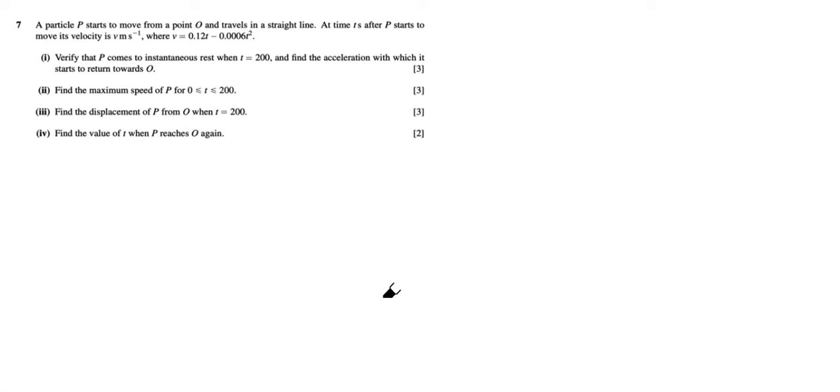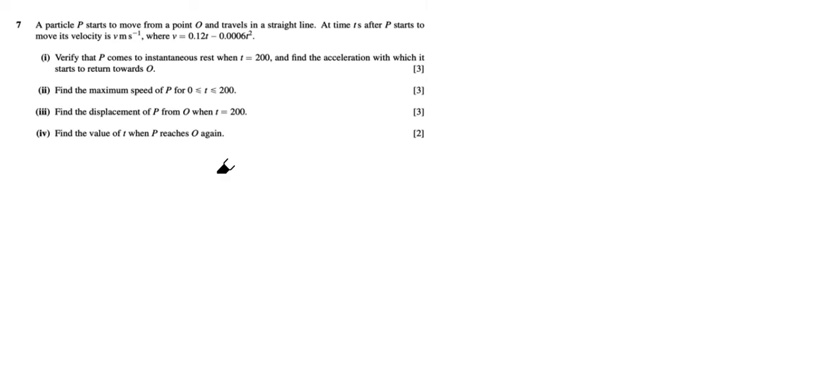Let's look at this. A particle P starts to move from O and travels in a straight line. At time t seconds after P starts to move, its velocity is given by V equals 0.12t minus 0.0006t². Number one, verify that P comes to instantaneous rest when t equals 200 and